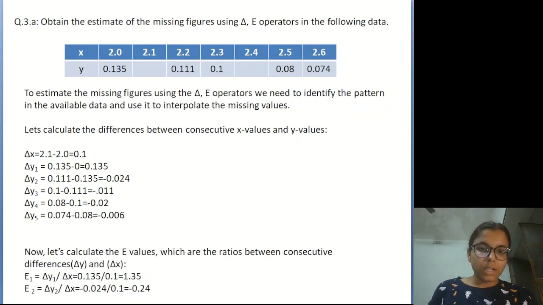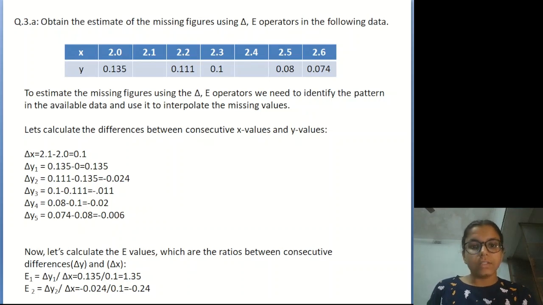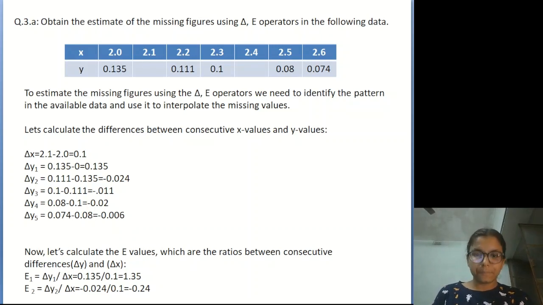And then again we would find the value for y2, then y3 and y4. Again for y4, you can see that we have taken out all the differences between the y values and the x values. Now after calculating all the differences between consecutive x values and y values,